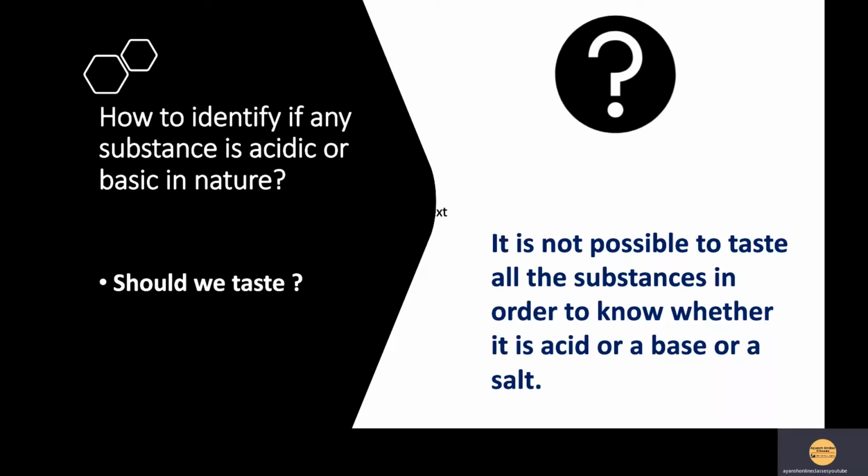Like all the things are not edible. Every time you can't taste, like we saw acidic substances are sour in taste, and bases are bitter in taste. So in order to classify, if you are getting any taste which is apart from this, you can term it as a neutral one. But that is not the case. This is applicable to the things which are edible. But what about the things which are not edible? We can't taste them. So let's see what else we can do to classify the things as acids, bases, or salts.